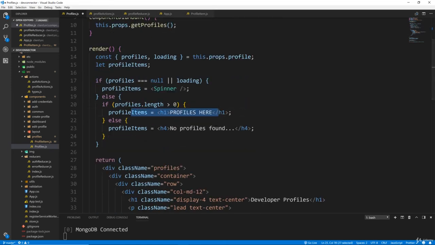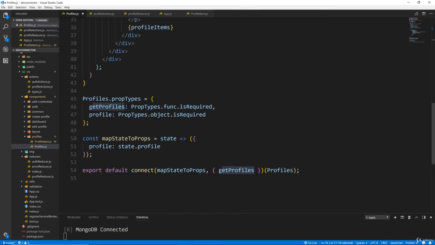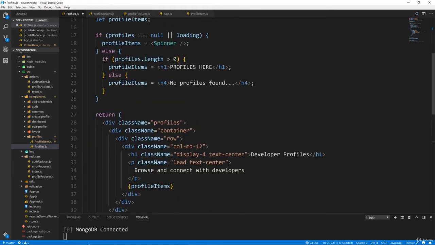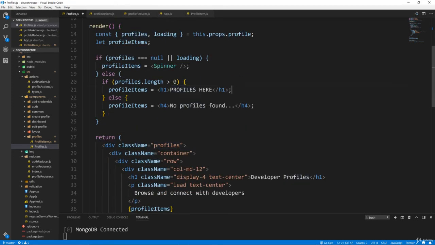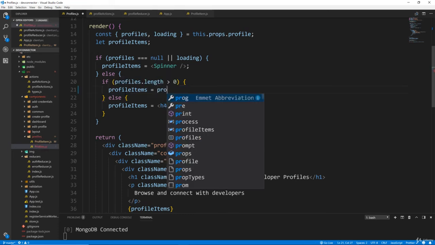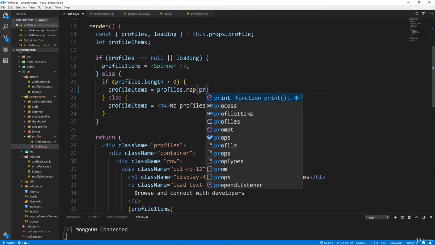And then let's go down to this right here. This was a placeholder for us, and we need to map through our profiles. Now remember, the profiles are coming in because we're calling this action, so they're coming in through this state. It's a property, this.props.profiles, but we're pulling it out here, so now it's just this profiles variable. This contains the whole array of profiles. So what we'll do is, instead of setting this to an H1, which is just a placeholder, we're going to set it to profiles, and we want to map through them. So for each one, we'll call it profile,